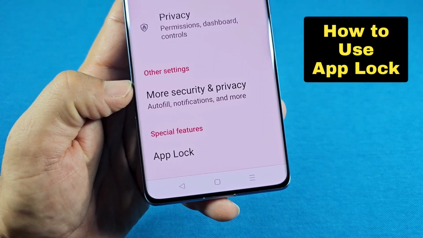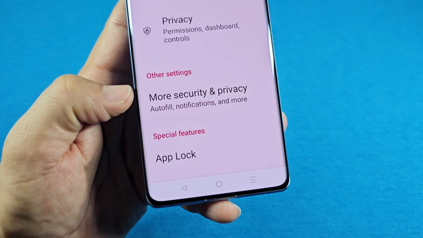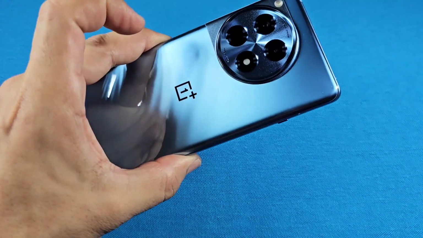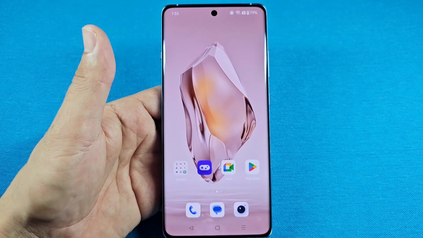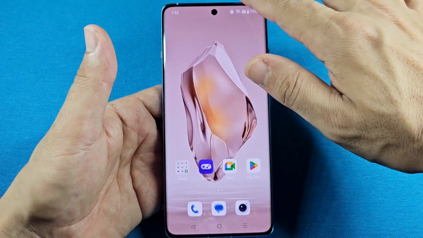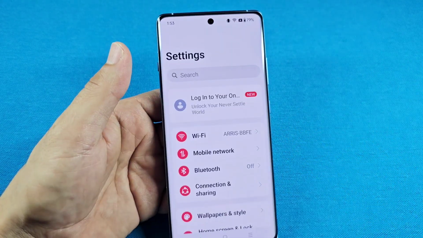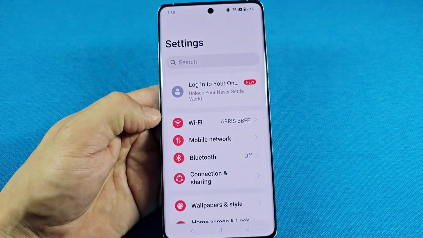Where to find the app lock, how to set it up, and how to actually use it. This is the OnePlus 12R and the same for the OnePlus 12. If it's your first time using this feature here, you'll want to go ahead and use the quick panel access, tap on the settings right there, and this will take you to the main settings of your OnePlus 12 or